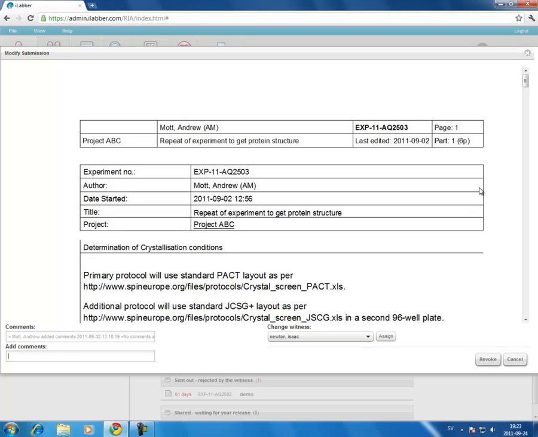So here is the experiment PDF, and you have a few things you can do here. One of these is you can change the witness. So I can change the witness to a different witness if a person is on vacation or something. Again, you'll need to add some comments as to why to do that. And you can also revoke an experiment which is to unsubmit it. So if I add some comments that I forgot something,